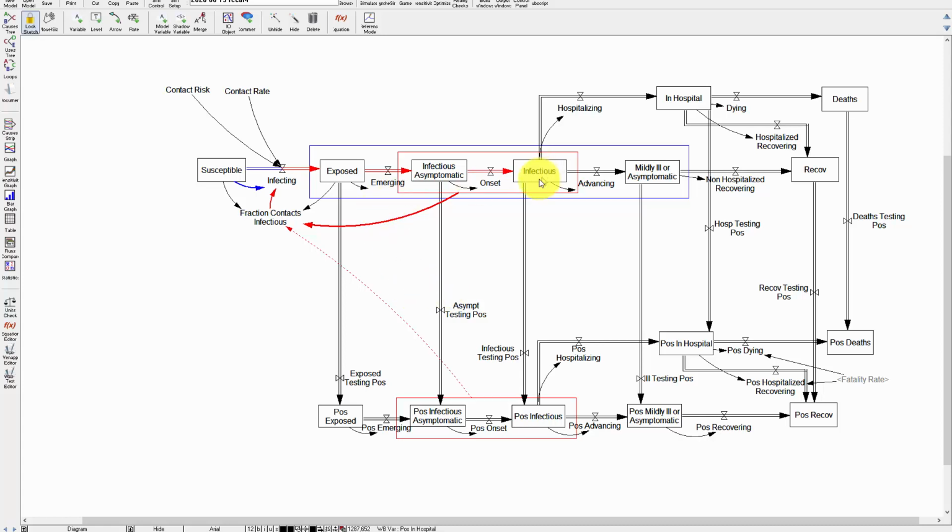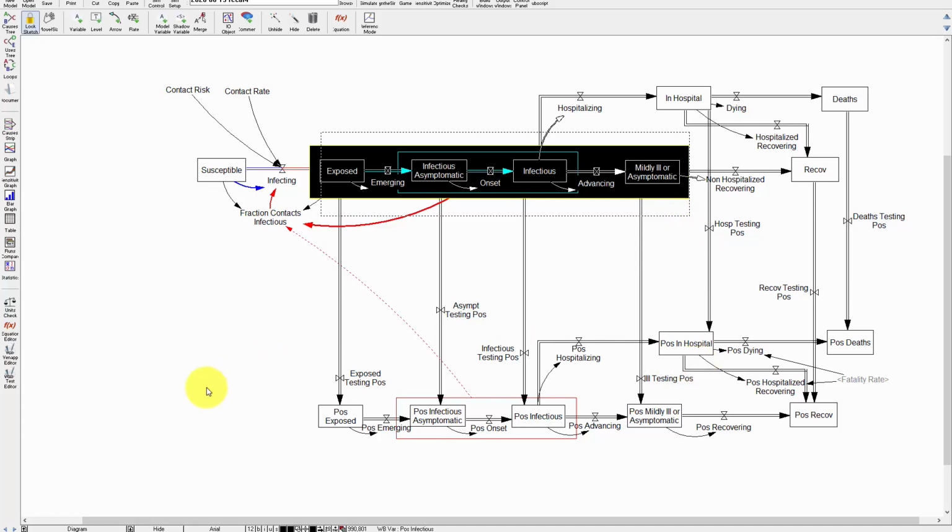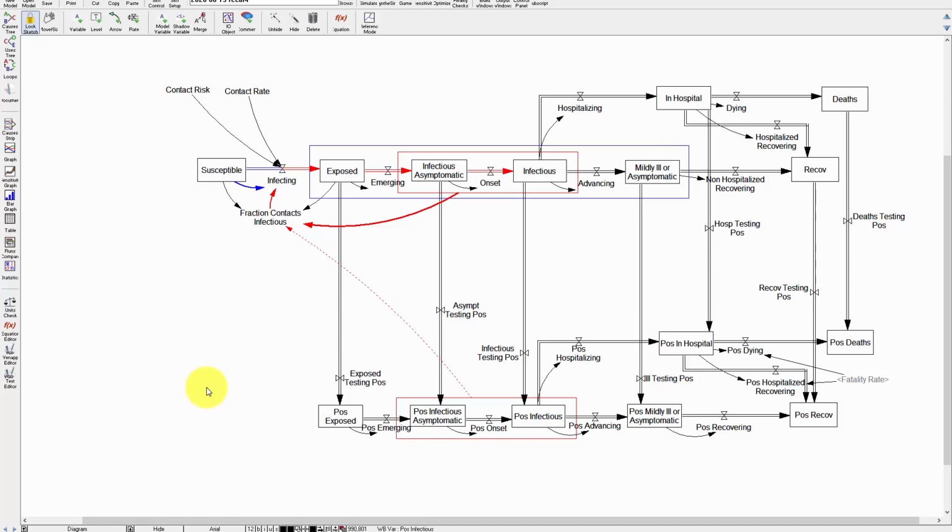So this is the measurement system that represents what's happening in the underlying population. So when we test, we go out and we sample a person. So say they show up at a clinic with symptoms. You take an infectious person. If they test positive through this flow, we move them into the accounting system for the positive infectious people. So the challenge basically is that if your test density is not high enough, you can't find all the people who are actually infected in this part of the chain. You only know about a portion of them, and it actually might be a pretty small fraction. It may only be 10% in many cases.